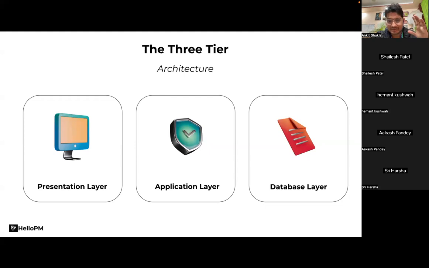Application layer is how it works. And then the database layer helps the system if it needs any kind of data. For example, if I go ahead and accept a request on LinkedIn, when I'm seeing that page where all the requests are, if I click on the confirm button or accept button,